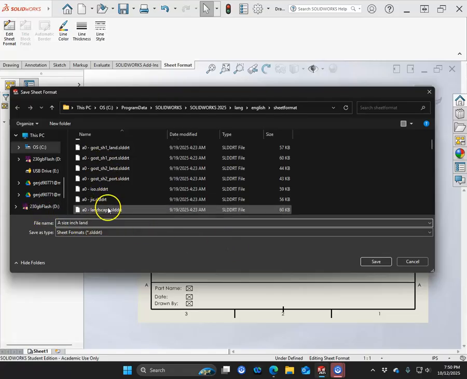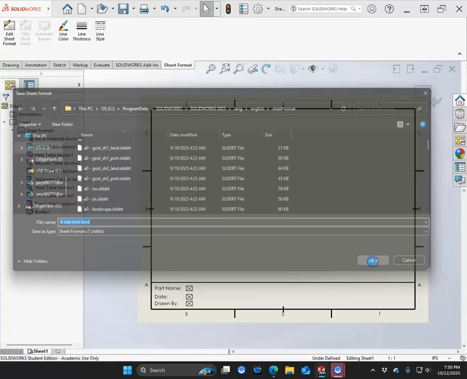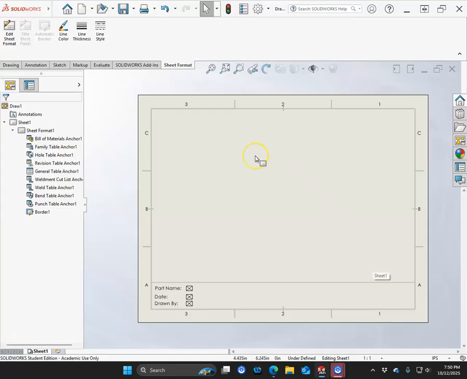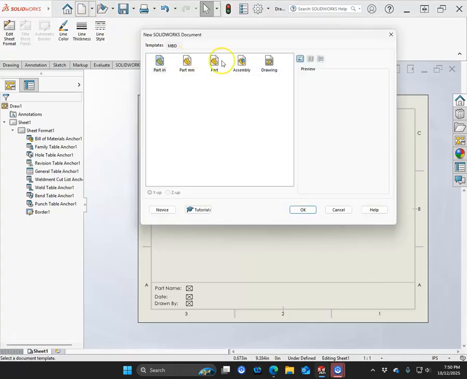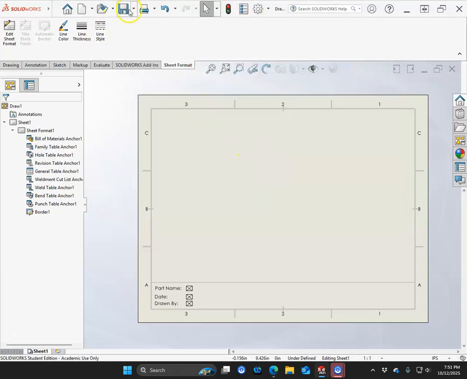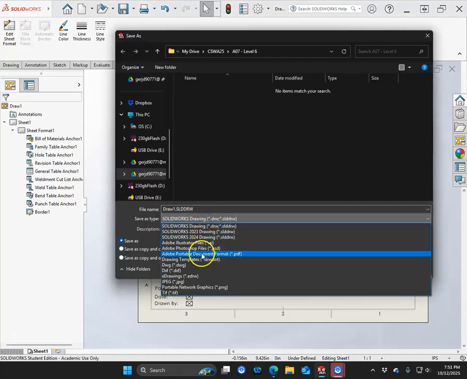I was going to say they put the dashes in, I was looking for some underscores, but I think that'll be good enough. All right, so these settings will now appear in the properties, but I would like to be able to pick it from the new document. So the way that we do that is now we do the save as, and our drawing template,